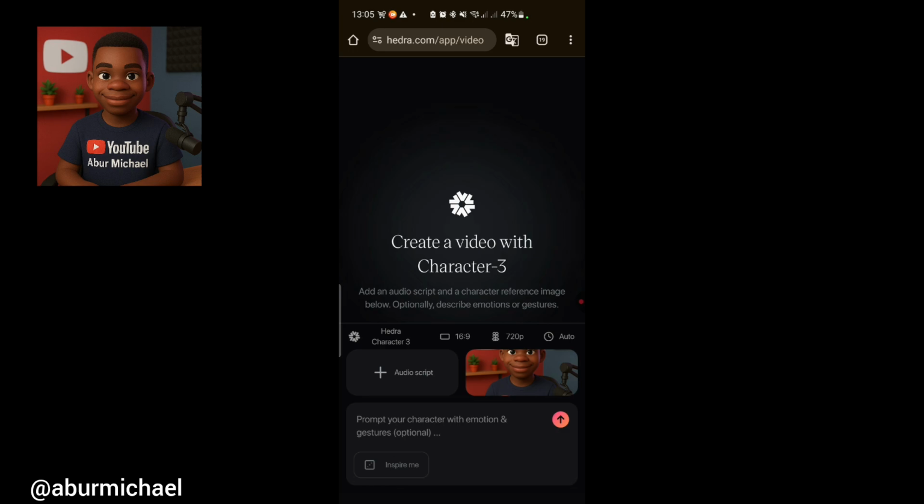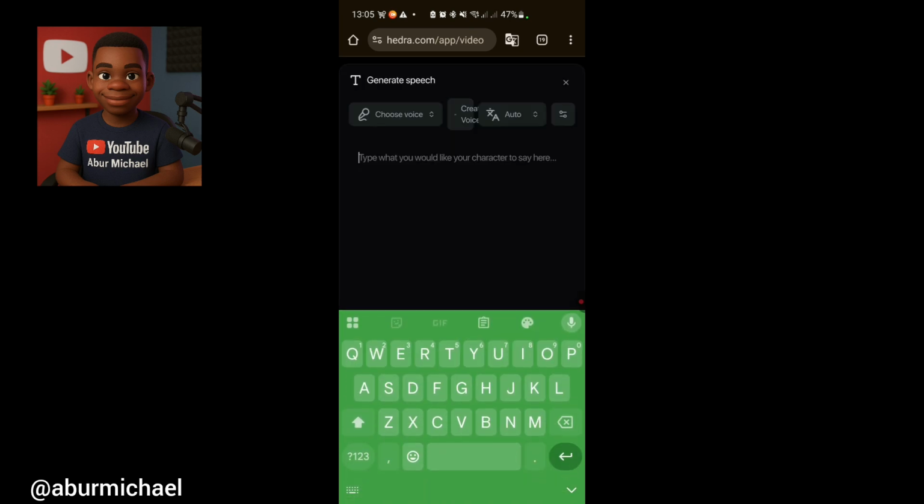If you wish to add your audio here, you just click audio script, and there are three ways you can add your audio. You can either generate your speech, record your audio, or upload your already pre-recorded audio. Let's try this generate speech. If you wish to generate speech, just click on generate speech, then you can just say,